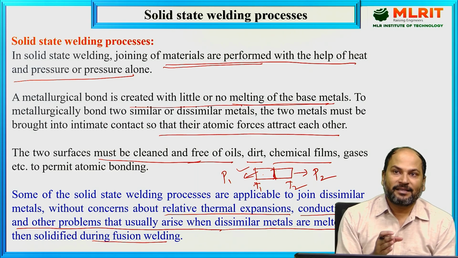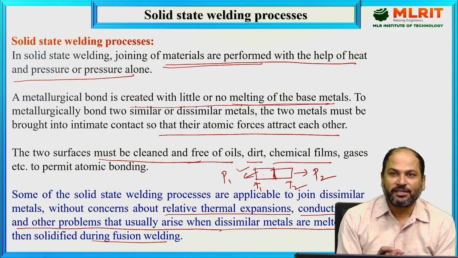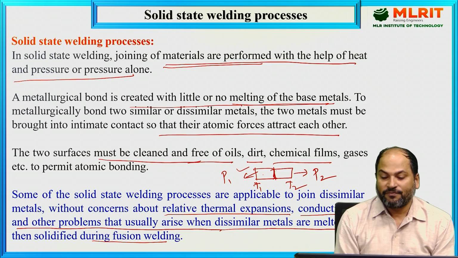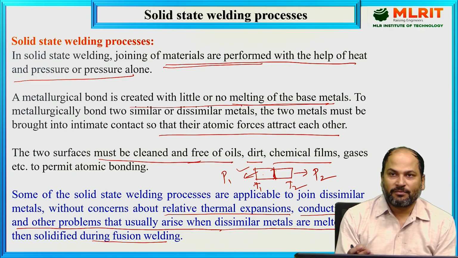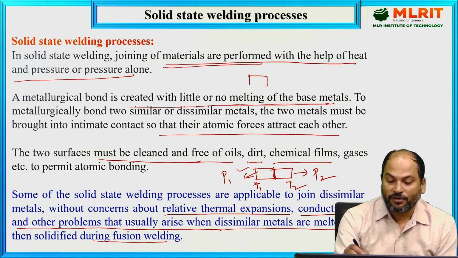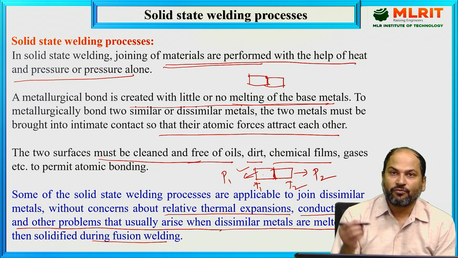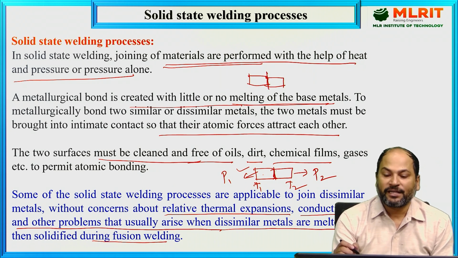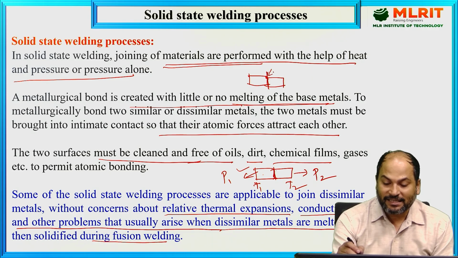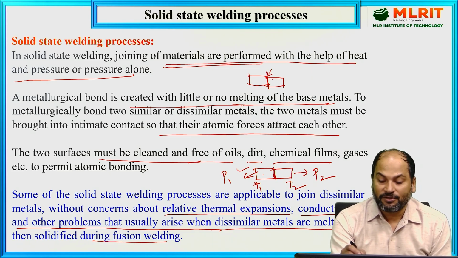Okay, and that is the reason this process is generally used for light metals, which are very difficult to weld. Light metal means, for example, aluminum. We know the thermal conductivity of aluminum is very high. So if this is one piece of aluminum and this is another piece of aluminum, and I have to weld these two parts together, and this is the area I have to join, if I put heat in this area, because of the high thermal conductivity, what will happen?